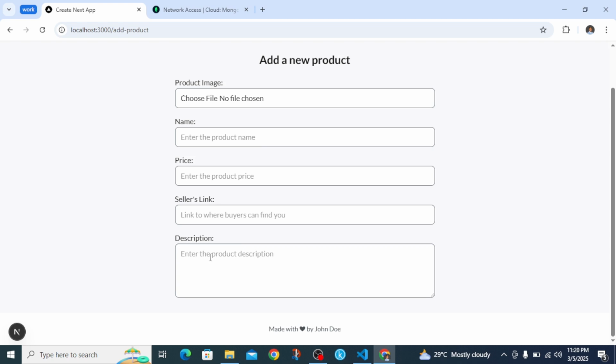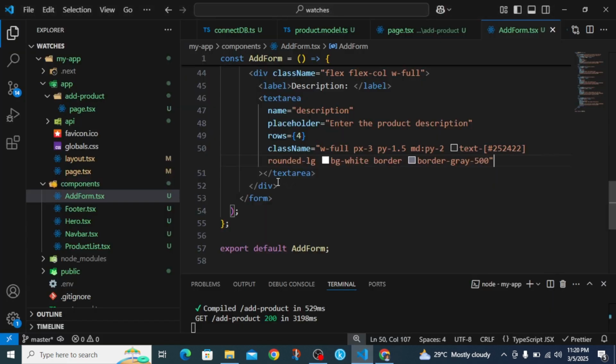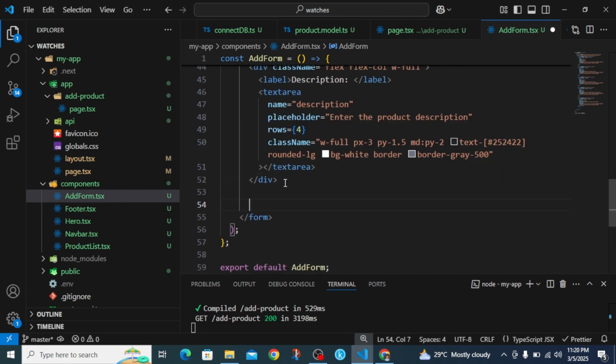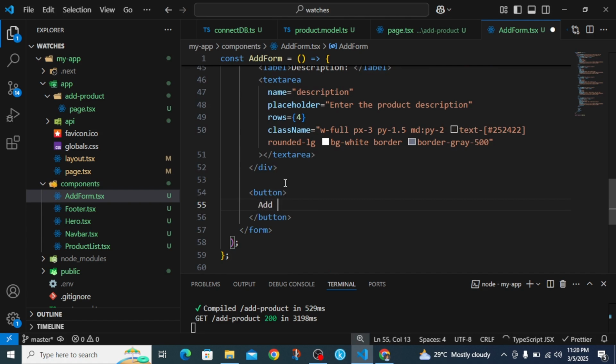Then finally, after filling all of this, we're going to need a button which is going to submit all our input fields. So under this div right here, which contains the text area, we are going to add a button tag, and then it's going to say add product. Now to style this tag, we are going to give this a type of submit, and